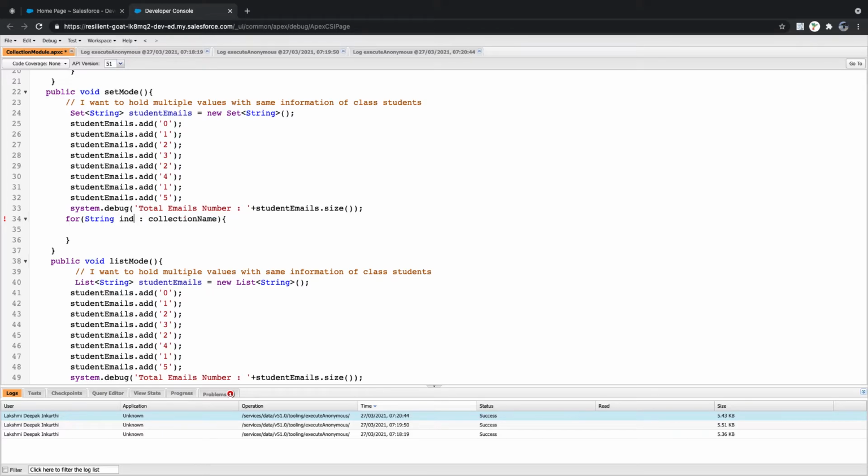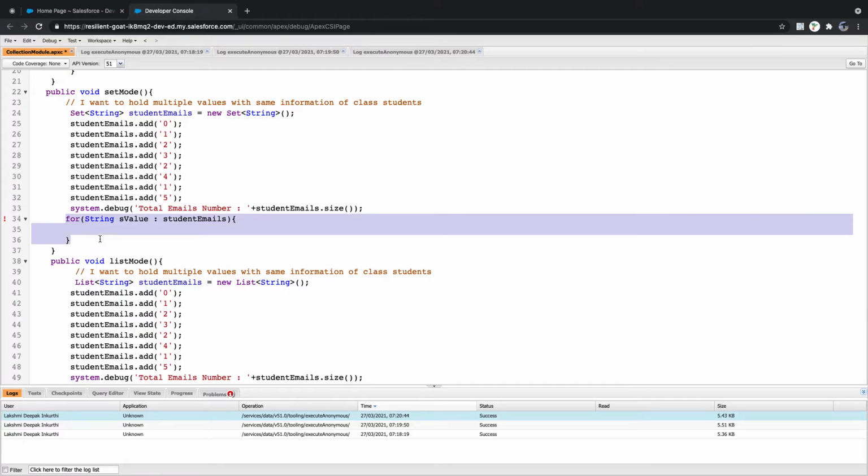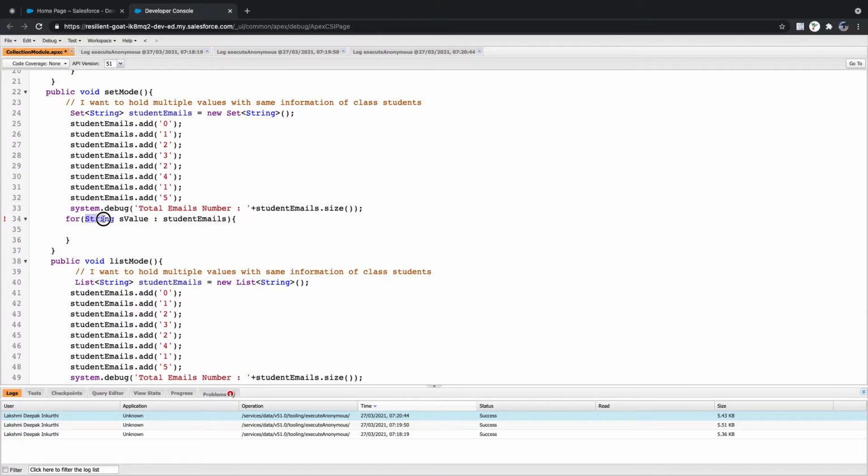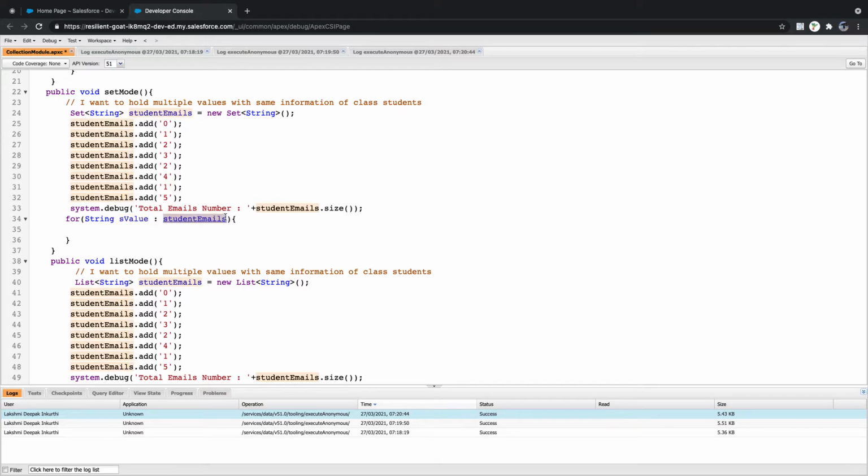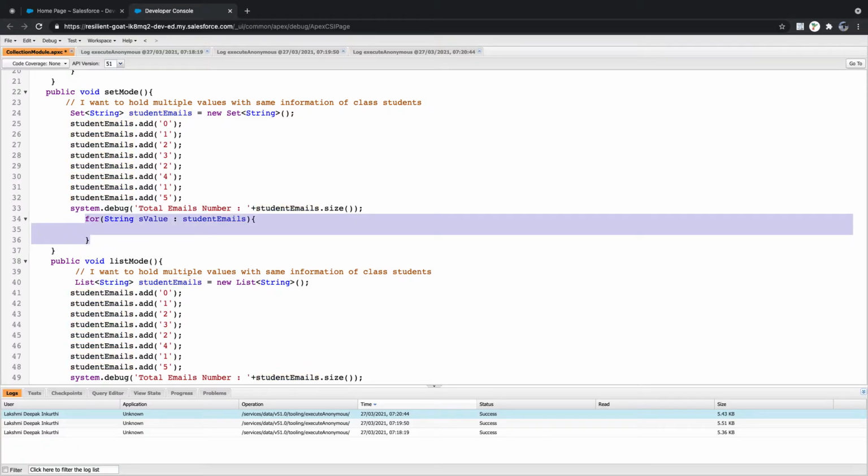I'll say value, meaning the set value. And what is the collection name that I'm using? Student emails. Clear? This is called a for loop, nothing but a for each loop. So you need to define your data type and for loop variable and then your collection. It can be a set, a list, or we also have another one called map.